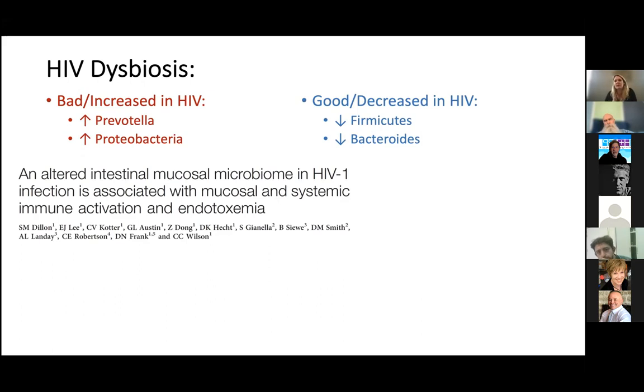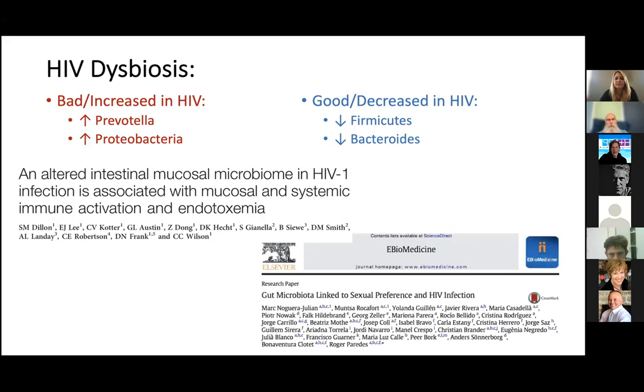And then we find some of the good bugs that we want to see are decreased in HIV. So we have a loss of firmicutes. So this includes things like our probiotics, like lactobacillus. And then loss of bugs like Bacteroides, and this is important because Bacteroides are one of the biggest makers of something called short chain fatty acids. You might have heard of butyrate, one of the short chain fatty acids that's probably been most well studied, but these are important byproducts, metabolites of the microbiome that are produced by microbes and extremely important for